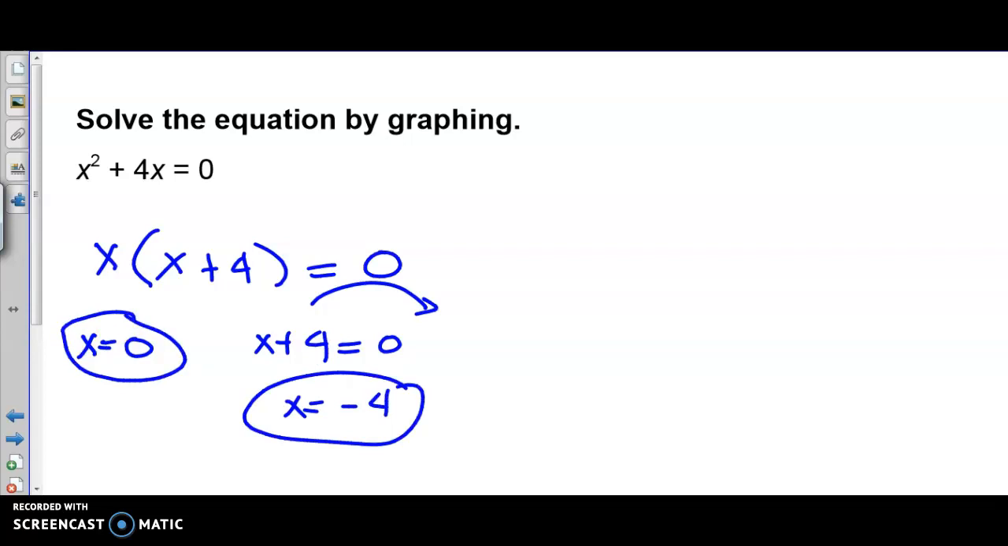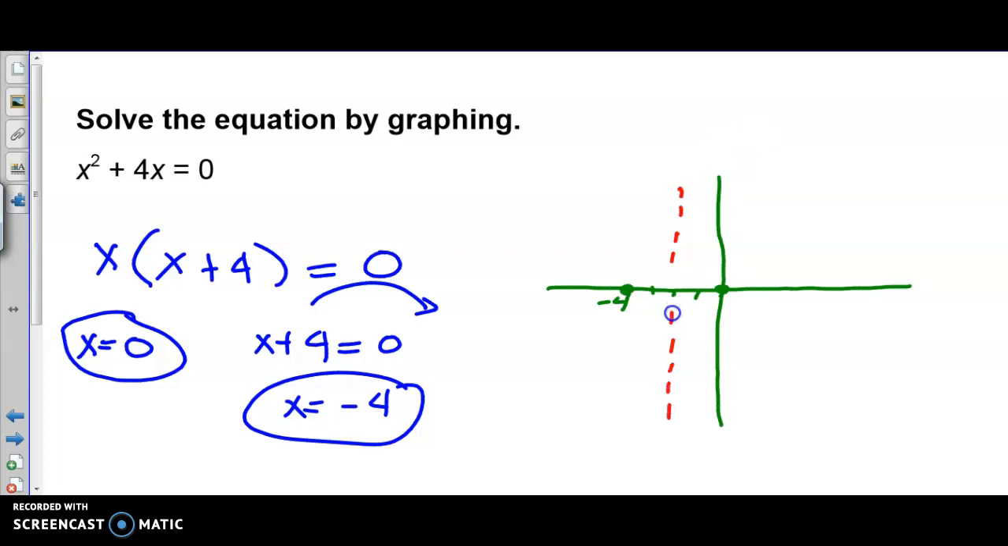Now, if you want to show those solutions on the graph, then let's apply what we learned previously. Your solutions are your x-intercepts, so they cross the x-axis at that point. And then -4 is 1, 2, 3, 4, right there. Now, you can find your axis of symmetry in the middle, so that's x equals -2, and go ahead and substitute